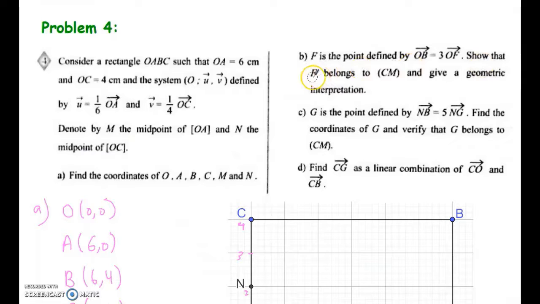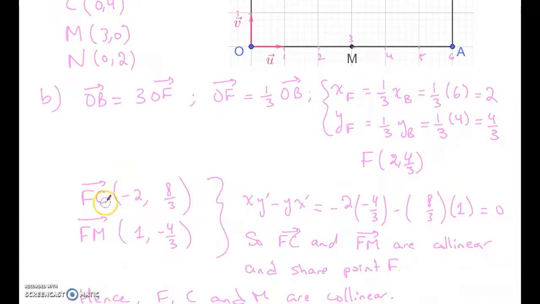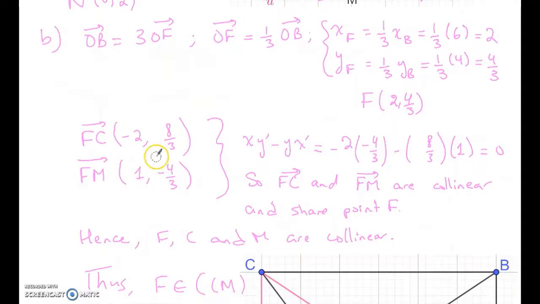Now, they said we want to show that F belongs to CM. This means I can take, for example, vector FC and FM, or MC and MF, any two vectors having these 3 points, and show that they are collinear vectors. So what I did here is I took vector FC and FM, found their components, so XC minus XF, YC minus YF, XM minus XF, YM minus YF. Then you can apply any method you want. You can say, for example, X over X prime, Y over Y prime, and show they are equal. You can find XY prime minus YX prime and show that it's equal to 0. Or you can simply notice that FC is equal to minus 2 times FM, and you conclude that the vectors